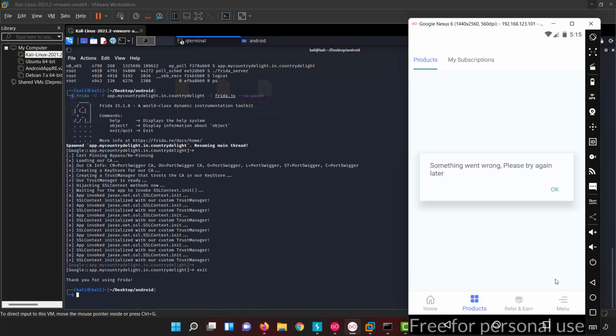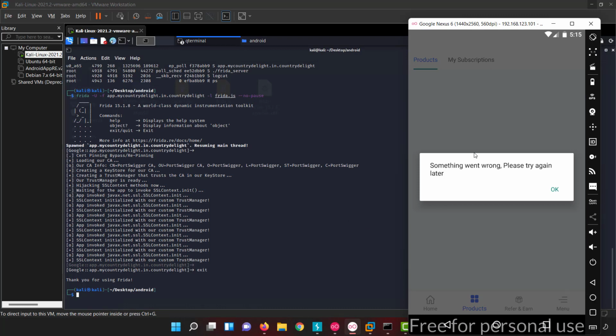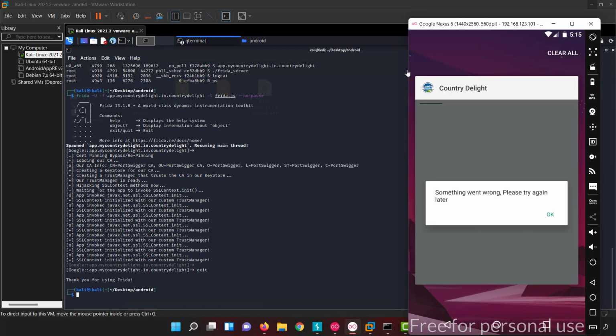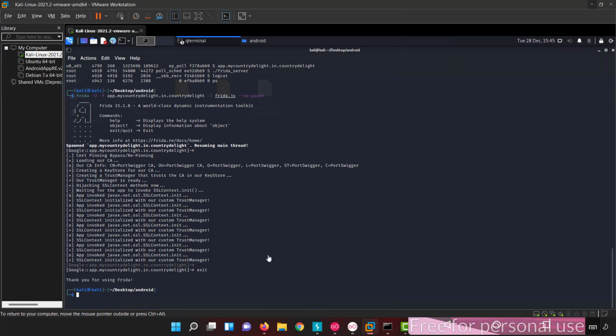Objection is also a very good tool, just like Frida. It has various uses, not only bypassing SSL. As of now, I will show only bypassing SSL, but I will give you a link to its tutorial in the description for further use of objection. To install objection, you just give pip3 install objection.